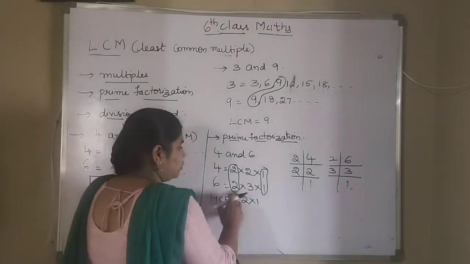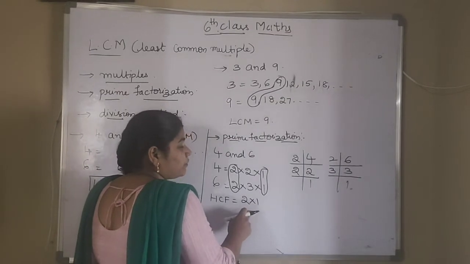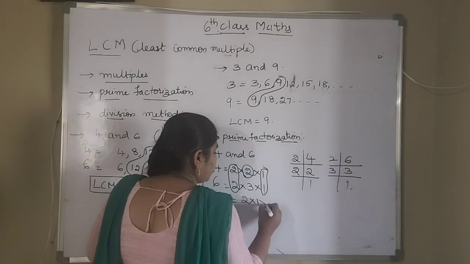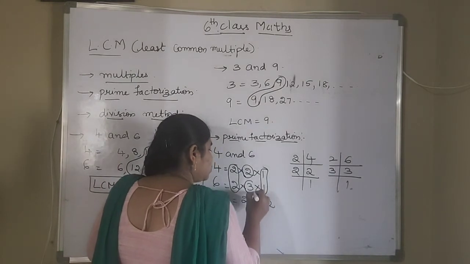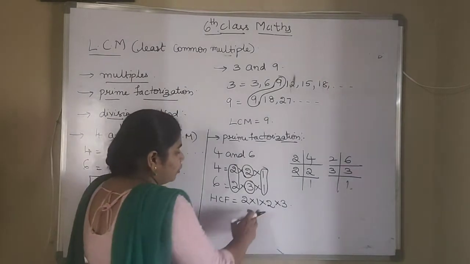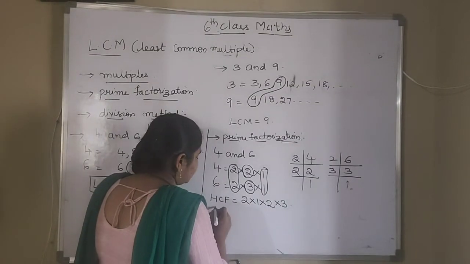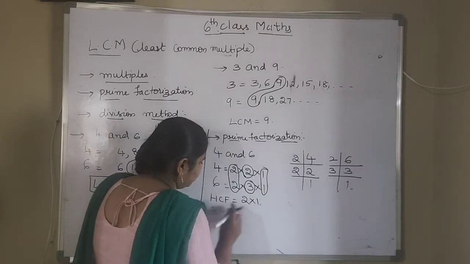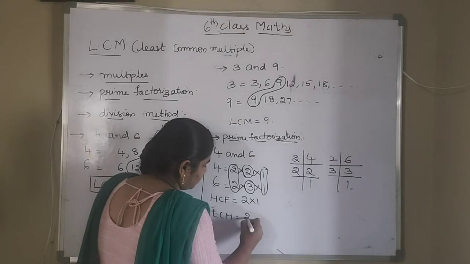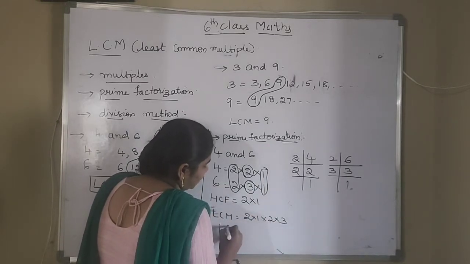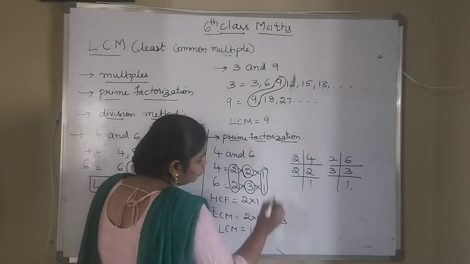Okay, I wrote these two first, and after that you have to write the ones which are not common. So this 2 is not common, I am writing here. 3 is also not a common value, so I am writing here. Okay, so 2 2s are 4, 4 3s are 12. So you got the HCF and LCM value as 2 and 3. That is LCM, you got it as 12.